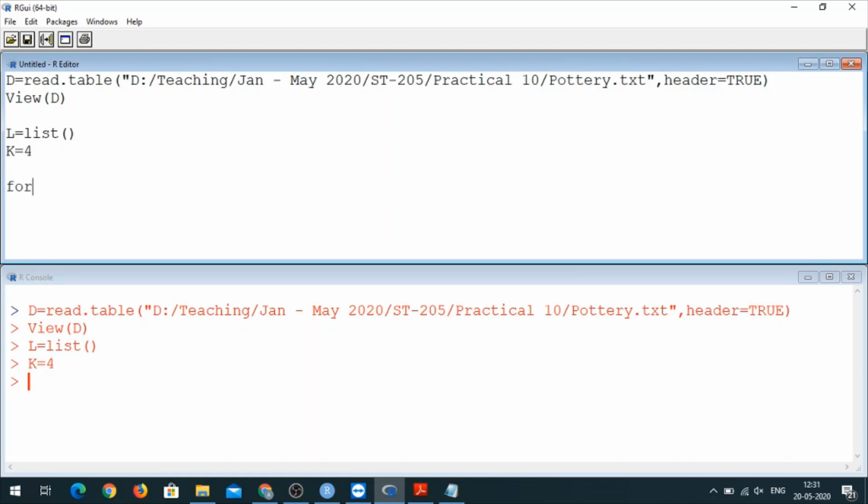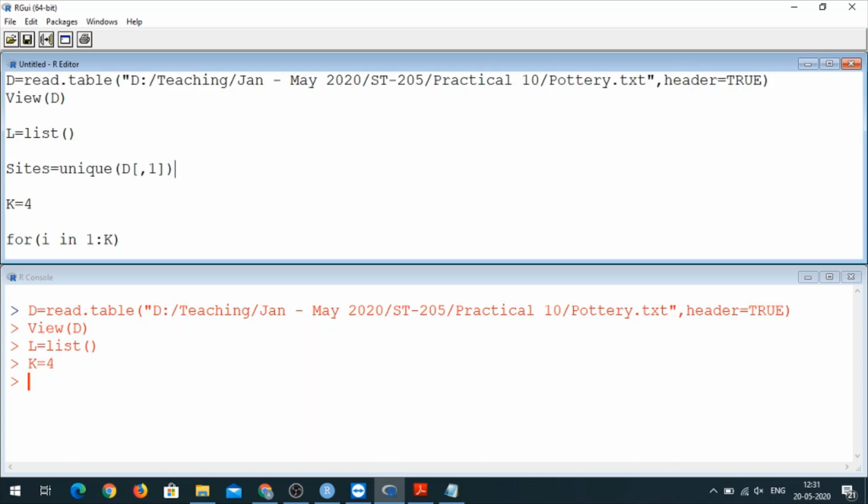Now, for i in 1 to k. In fact, I don't need to write k as 4. Let us actually count, because there might be some data sets where it may not be possible for me to manually count. The sites are recorded in D1, but we don't want repetition, so we will say unique of D1.